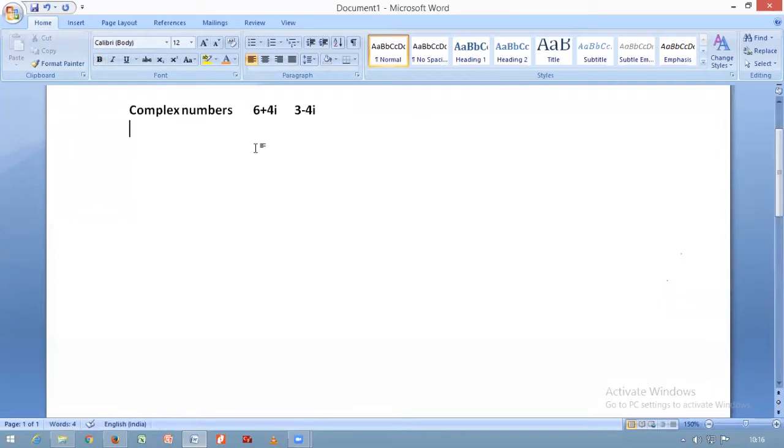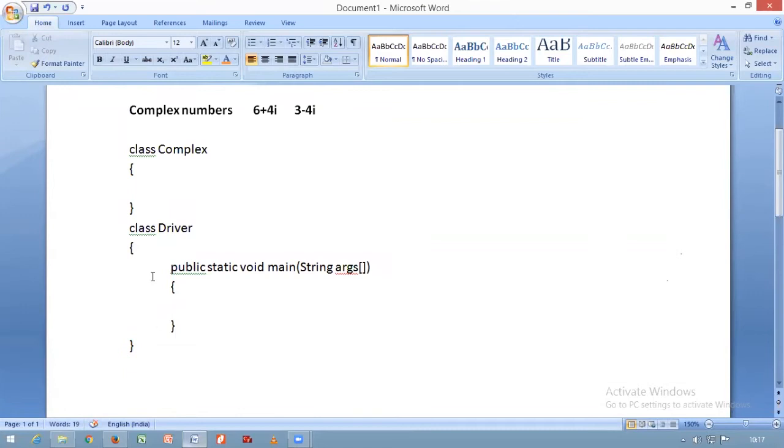For this exercise, I am going to define two classes. One class for complex numbers. This complex class will take care of defining properties and defining methods. I am going to create one more class called the driver class. This driver class will take care of creating objects and performing execution. So this driver class will have the main method.